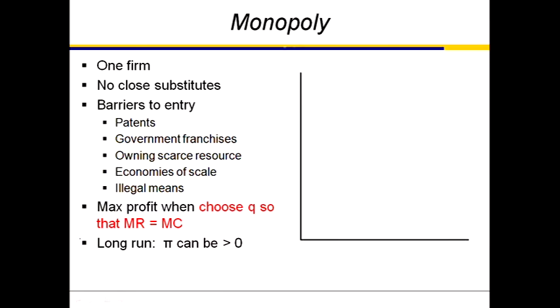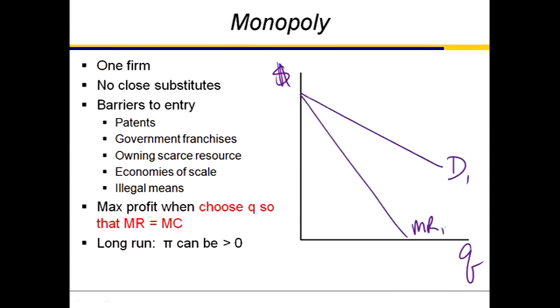So the monopoly picture, bunches of stuff measured in dollars on the vertical, quantity on the horizontal. We had some downward sloping demand curve, D1. Have downward sloping marginal revenue curve, MR1. The marginal revenue curve has twice the slope of the demand curve. That's something that we can show you in office hours. It again comes from the calculus. You just need to trust it. By having it twice the slope, it means that it's bisecting the distance between the vertical axis and the demand